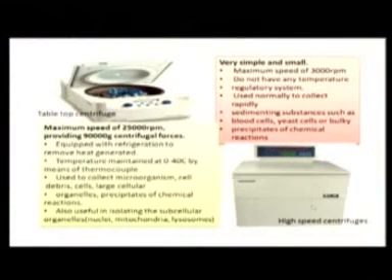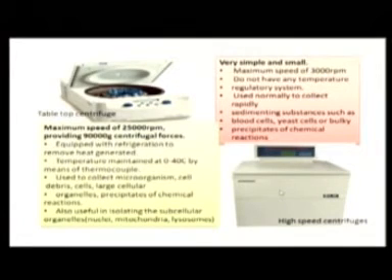See, the difference between especially this tabletop one and the high speed one is the speed. This can make an RPM of 25,000, whereas this can make an RPM of 3000. And here we can maintain a temperature of 0 to 40 degrees, whereas in a normal one we cannot regulate the temperature, while in the cooling one we can